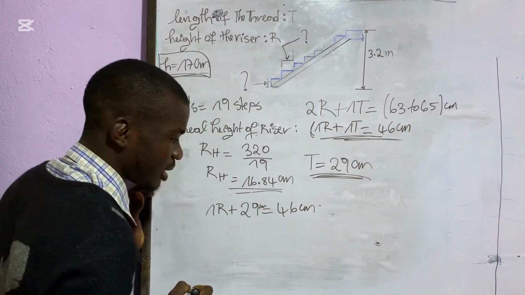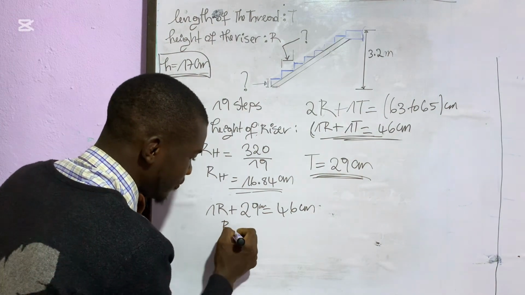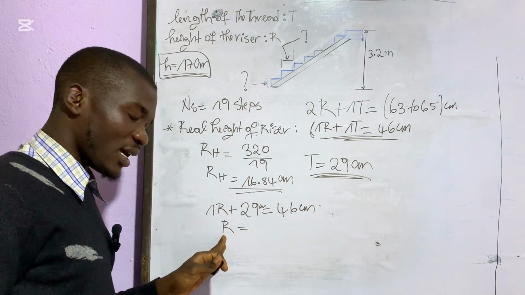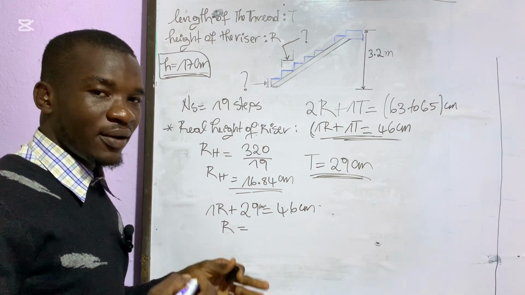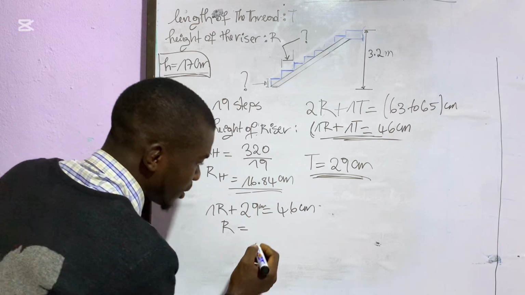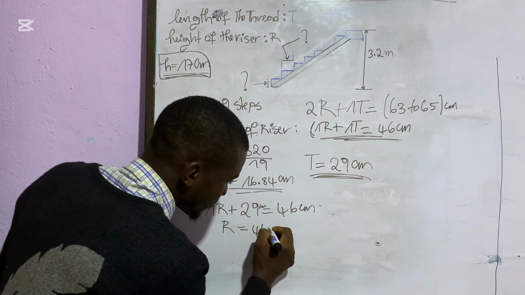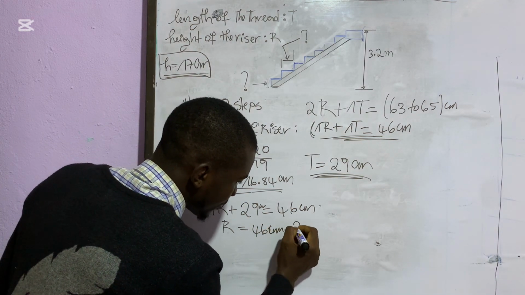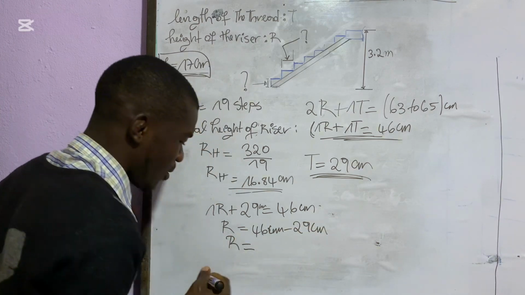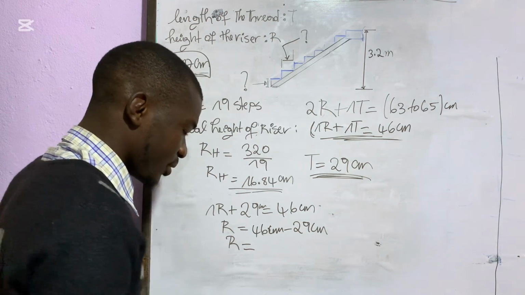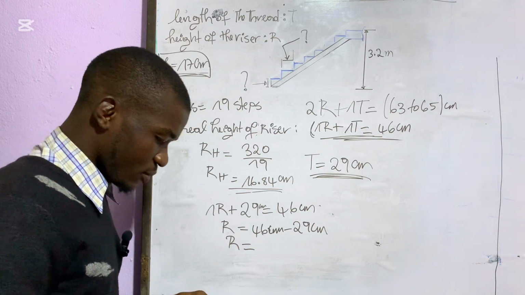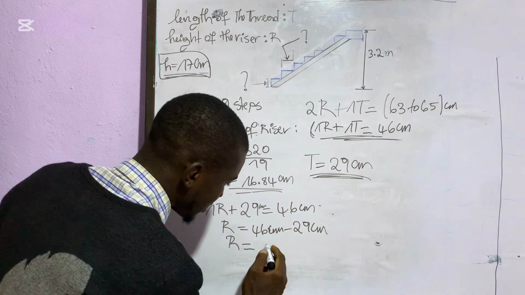This is in centimeter also. So at the end of the day, the applicable riser height will be equal to 46 centimeter minus 29 centimeter. So I will have a riser height of how many? Let me punch it. 46 minus 29 will be 17